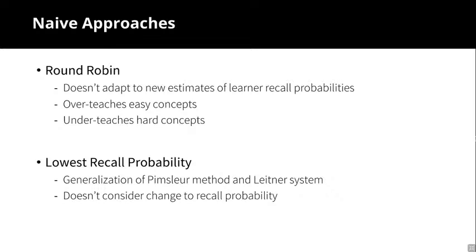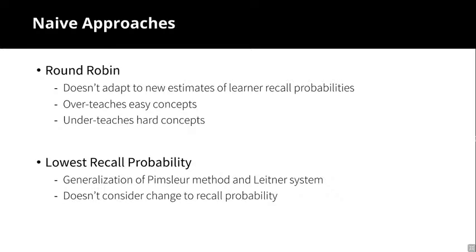If we consider the baseline approaches we have talked about before, let's think about the drawbacks now more rigorously. So we talk about round robin, where at every iteration we just show items sequentially in a fixed order, and it doesn't adapt to the new estimates of the learner's recall, and it could overly repeat the easy concepts. Intuitively we can't get any guarantee for that. At least we didn't in practice.